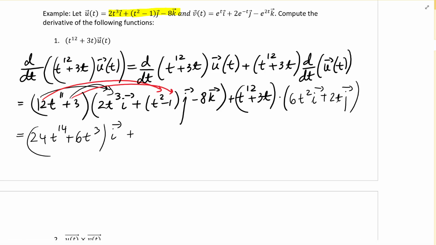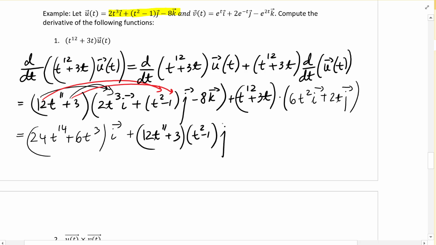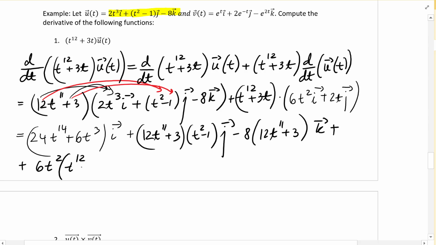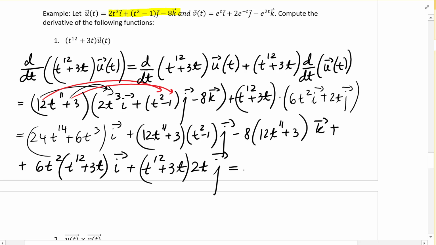So it's going to be 12t to the 11 plus 3 times t to the second minus 1, and that's times j, and then minus 8 times 12t to the 11 plus 3 k, and plus 6t squared times t to the 12 plus 3t i plus t to the 12 plus 3t times 2t j. So if we open up the parentheses and we add like terms, we get